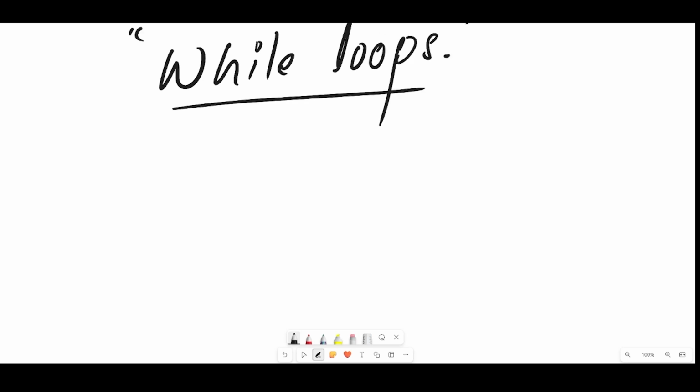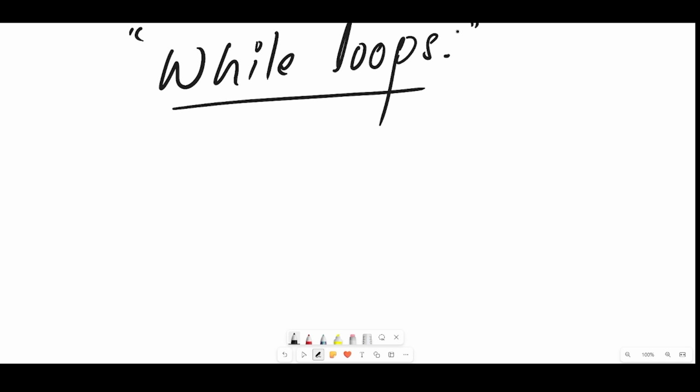Welcome back. In the previous class, we studied what a for loop is and how it works. Moreover, we have seen the for loop implemented in a C++ program. Today, we are doing while loops. Many people find the while loop complicated in one sense, but actually it is way easier. If you understand it once, it will be very, very simple for you.